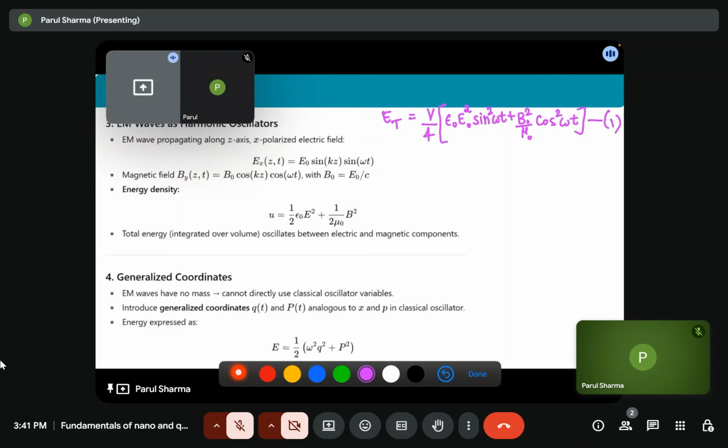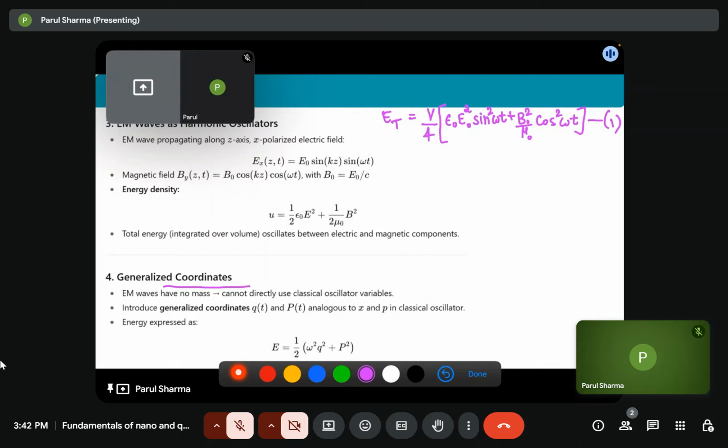So now we don't want to deal with electric and magnetic field directly. So we will make an analogy to simple harmonic motion. So we will introduce the generalized coordinates. Electromagnetic waves have no mass, so we cannot directly use classical oscillator variables. So we will introduce the generalized coordinates Q(t) and P(t), analogous to X and P in classical oscillators,